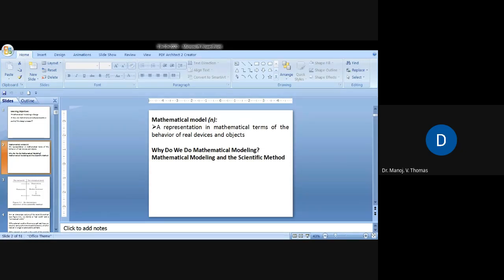And some assumptions, we will assume something. Say for example, the population in Kerala. We have some figure right now, but when we construct something, for example a dam, the government is planning to construct a dam so that the electrical needs of the people of Kerala are satisfactorily met.